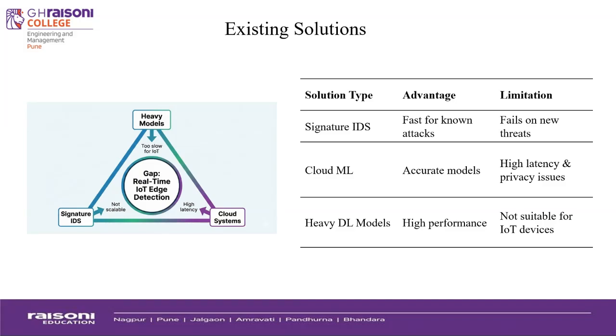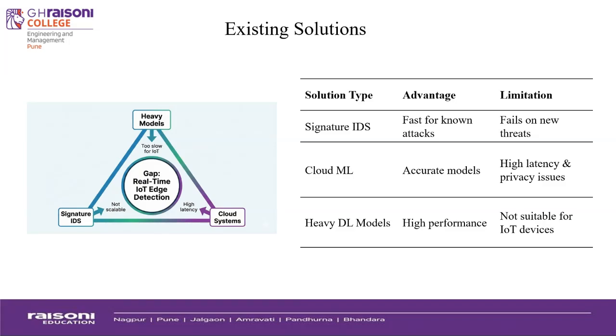In summary, existing solutions either rely on known patterns of attacks, depend on remote cloud servers, or are too heavy for edge hardware. None of these approaches provide a reliable, low-latency, privacy-preserving, and easily deployable anomaly detection mechanism for real-world IoT environments. This gap is what led us to design a new solution that focuses directly on edge-based, lightweight,